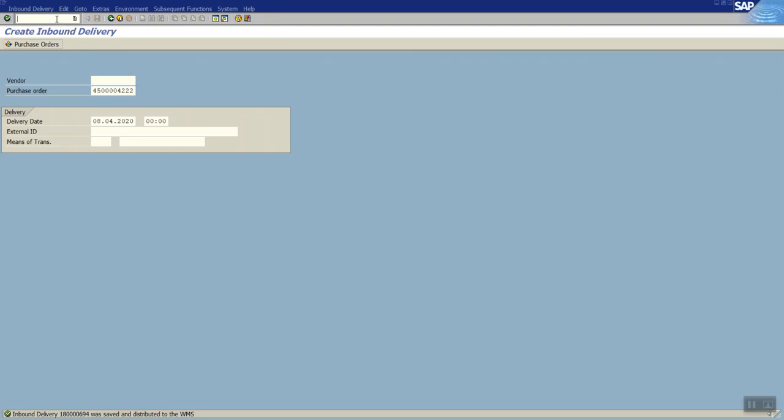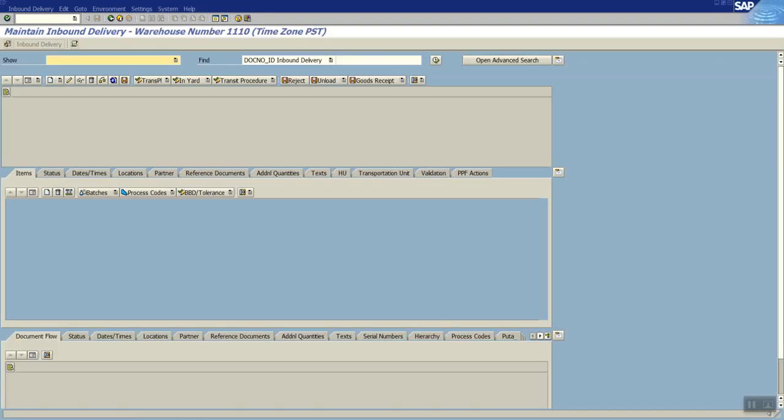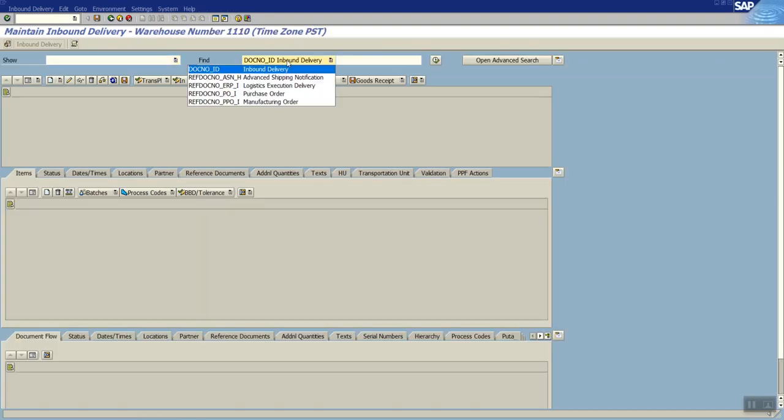Now let's go to inbound delivery in EWM and see if my delivery is distributed, and the second step is to check whether the packaging specifications are determined and the formula that we have defined is triggered or not. So it is ending with 694.